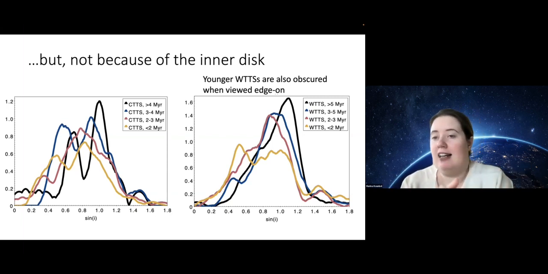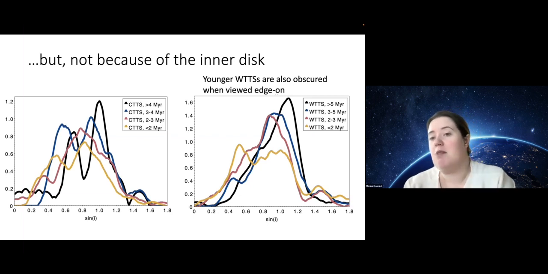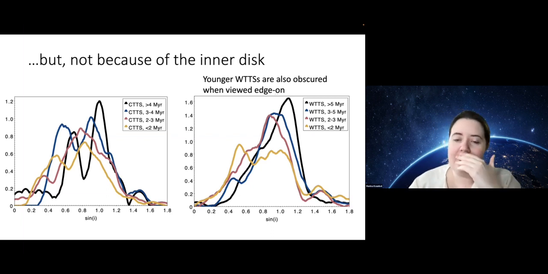Eventually that disk will settle down and you'll be able to see these stars edge on without opacity. So we have a bias as a function of age in terms of the inclinations of the stars that we are able to see. And for the most part, it's probably going to be fine, except